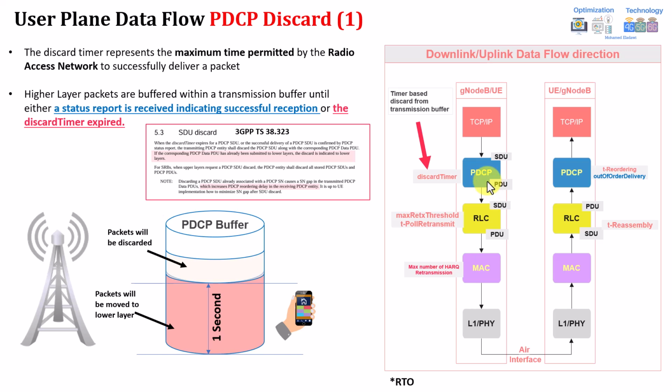Once it's discarded, TCP/IP won't even do the retransmission, because PDCP will consider this a packet loss and will deliver to TCP that this packet was discarded. So this will be an early discarding of the packet. So we need to consider, for example, let's assume the RTO is 1 second, so this timer can be 1 second as well to try to match it. This is just logical thinking, okay? This is the main consideration here.